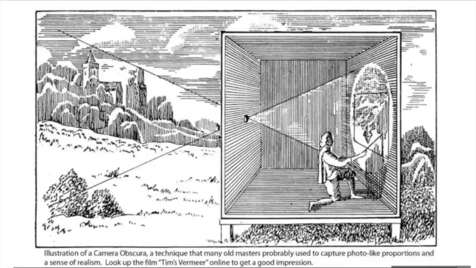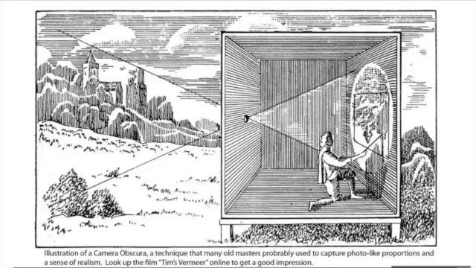This is an illustration of a camera obscura. You might have heard of this before, but many old master painters probably used this to capture photo-like proportions and a sense of realism. A good film to look up is Tim's Vermeer. Vermeer was an artist. He painted Girl with a Pearl Earring. It's kind of a famous painting. They made a movie out of it with Scarlett Johansson. But anyways,